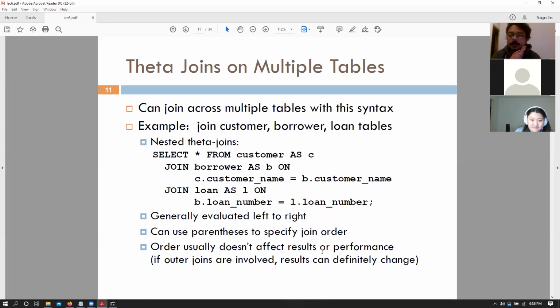We can join multiple tables using theta joins as well. We can say select star from customer as C, and then we have two theta joins. First is join borrower as B on C.customer name equals B.customer name. So basically joining customer with borrower. And then we can have another theta join that joins loan with the borrower. Right, so join borrower with customer name, C.customer name equals B.customer name, and join loan with B.loan number equals loan